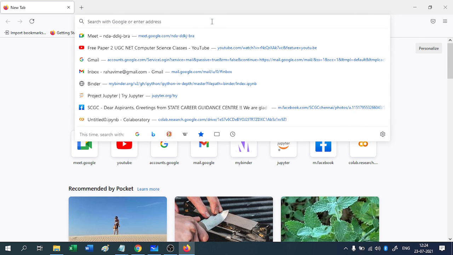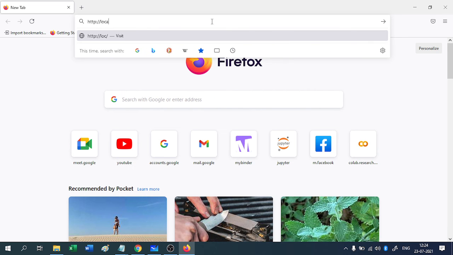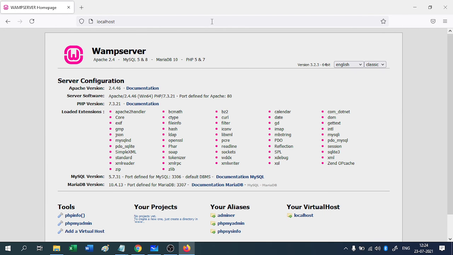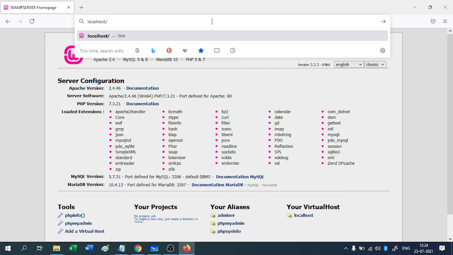Before that I am checking the working of the WAMP server. Okay, it is working. After that I am giving the HTML file name.